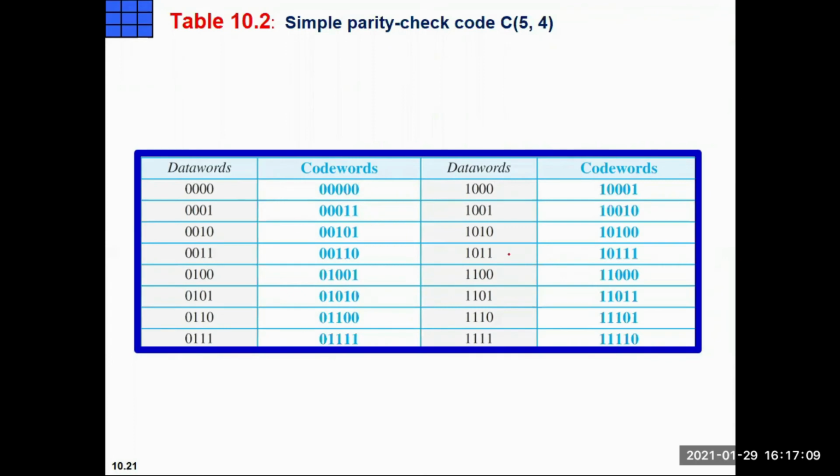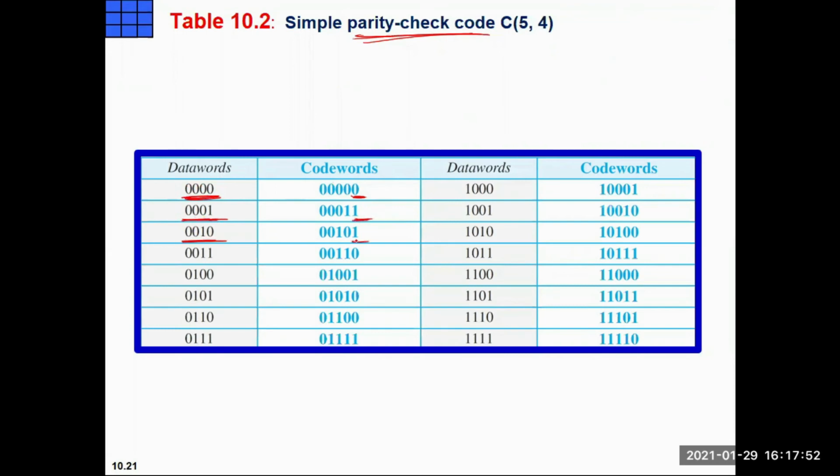So this table is known as parity check code. Basically, we are checking the parity and extending one bit to the data word, and that bit indicates whether the parity of your data word is even or odd. Here, you can see that there is no 1, so the number of 1 count is 0. That's why I extended 0 at the end of this data word. The number of 1 count in this case is 1, odd parity. That's why I extended 1.